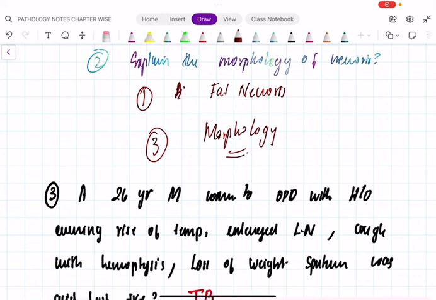Myocardial infarction means you can explain coagulation necrosis. Suppose you are excising the pancreas, and it is sent to histopathology, on histopathological examination you can guess what the possible findings will be. So this is how you should correlate the theory of pathology, or apply pathology to the clinical subjects.